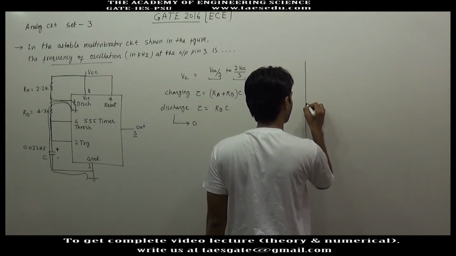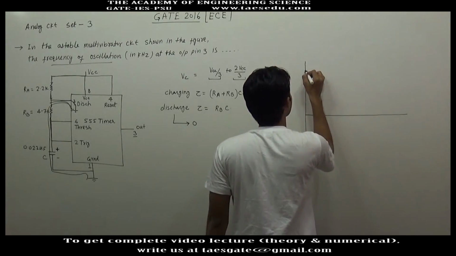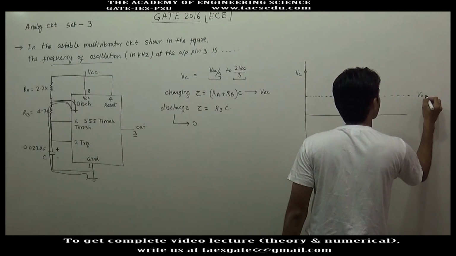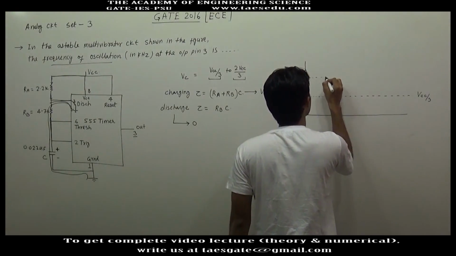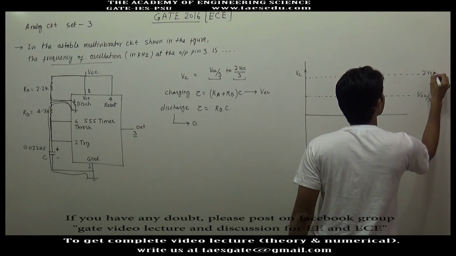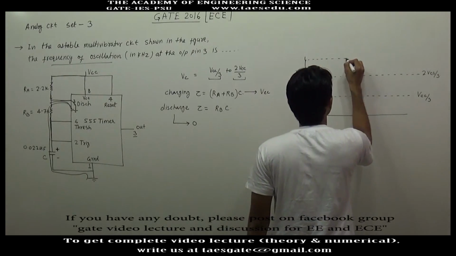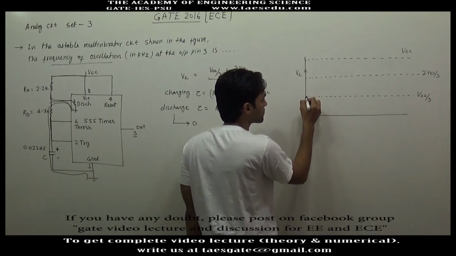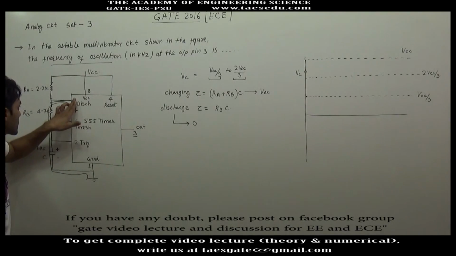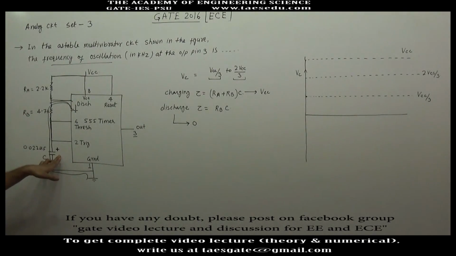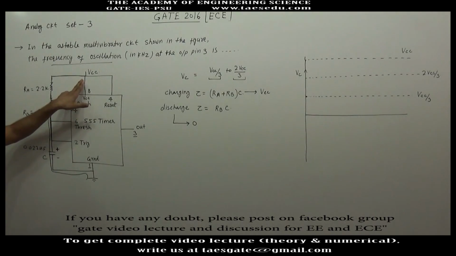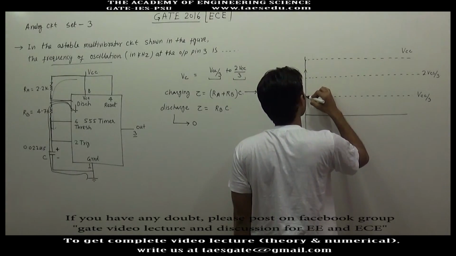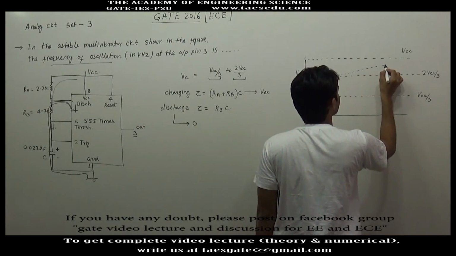If we draw the voltage of capacitor VC, the minimum voltage is VCC by 3, maximum voltage is 2 VCC by 3. Let's say this line represents voltage VCC. So when the capacitor voltage is VCC by 3, this switch is automatically disconnected. Now if this switch is disconnected, the capacitor will stop discharging and the capacitor will instead charge towards VCC. Current will flow in this direction. So starting from VCC by 3, it will try to charge towards VCC,